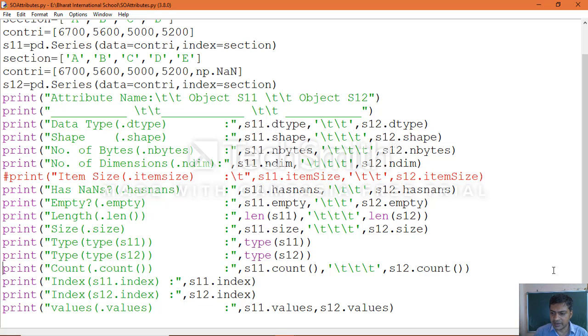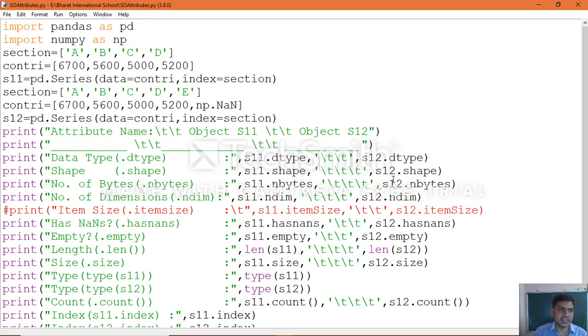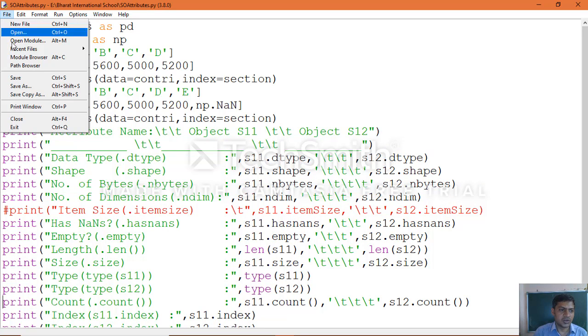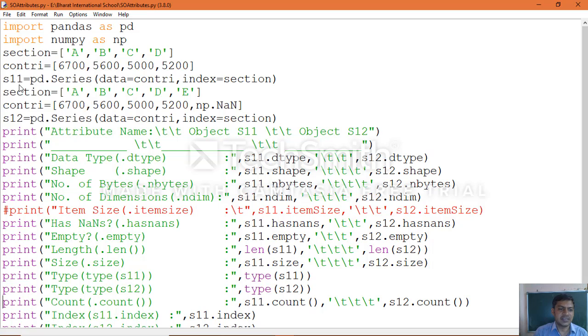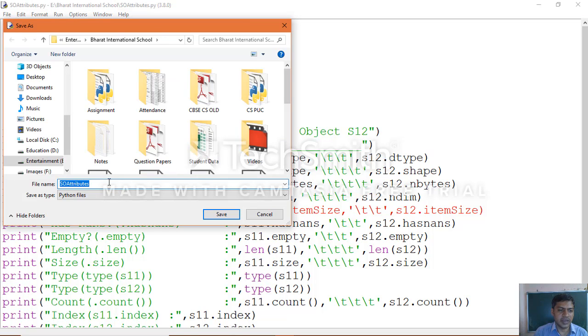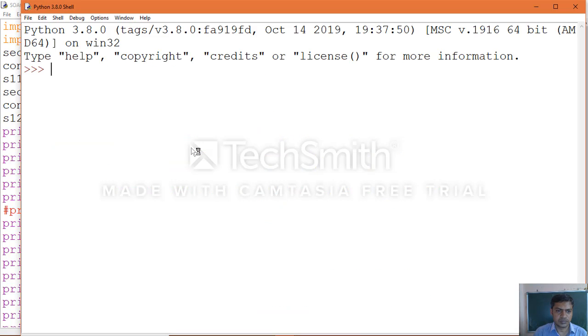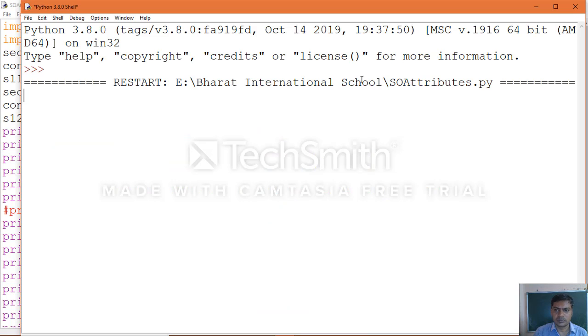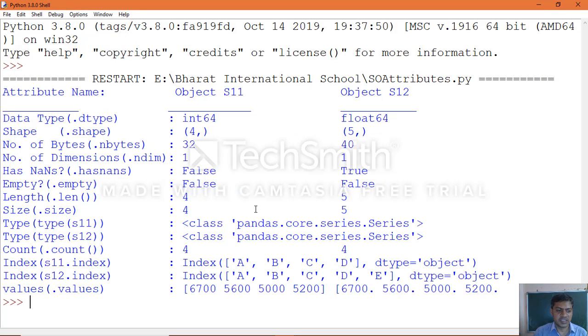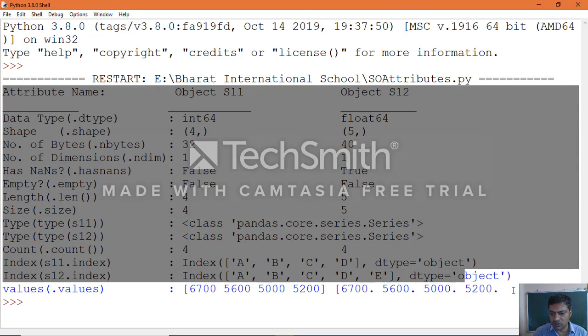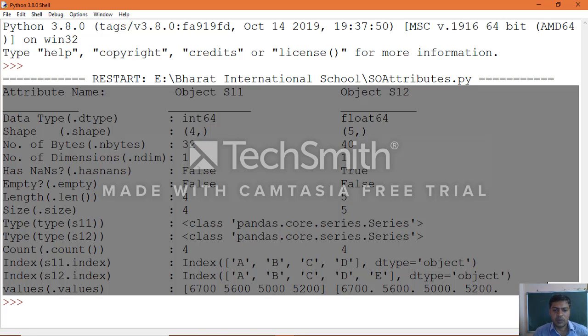Now we have made the complete example, and if you want to execute this we need to save the application. How can we save? Go to File, Save As, and give the name. I already saved the application, so I'll press cancel. Once you save the application, go to the Run command and click Run Module. See the output. This is the way you make alignment by using the escape sequence, then you will get the proper display.